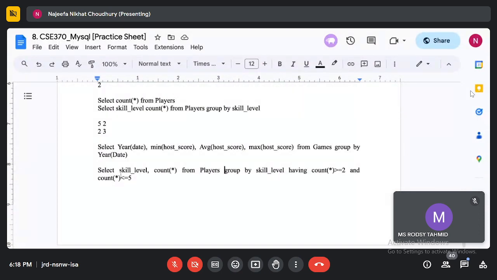I have to say select skill level, count from players where position is equal to XYZ. This checks in each row if the position is XYZ, then it groups those rows using the skill level, and then in that group it will count the number of rows and see if it matches this condition.